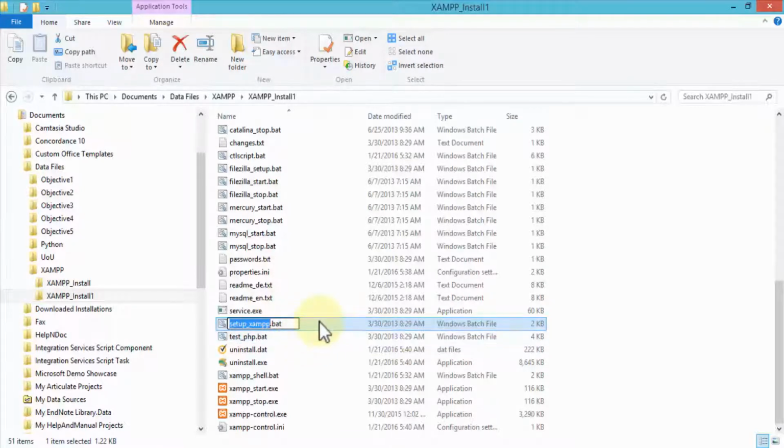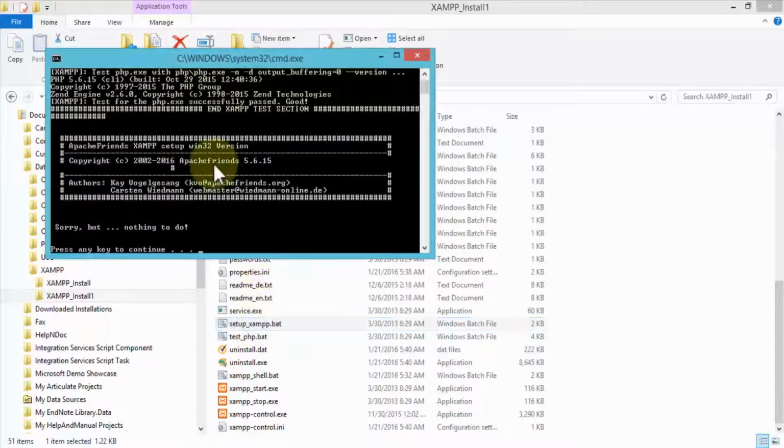And this batch file simply runs and clears the cache and runs a small script. For example, if I were to run this again, notice it brings up the command prompt and it will run the script. So this is an automatic process. Before you bring up the control panel, you may have to run the setup.bat and make sure that your C++ redistributable 2008 version is also downloaded and installed before you can successfully open up the control panel and finish